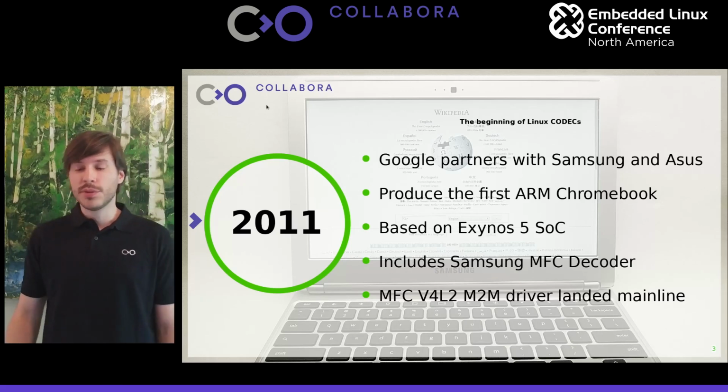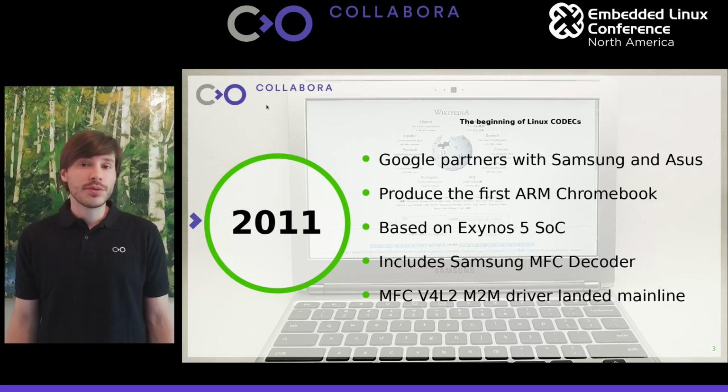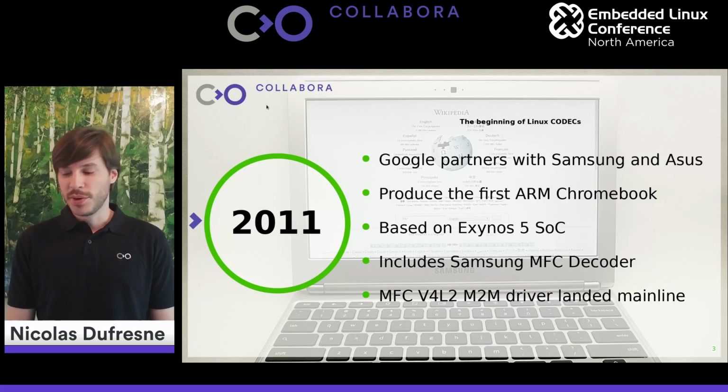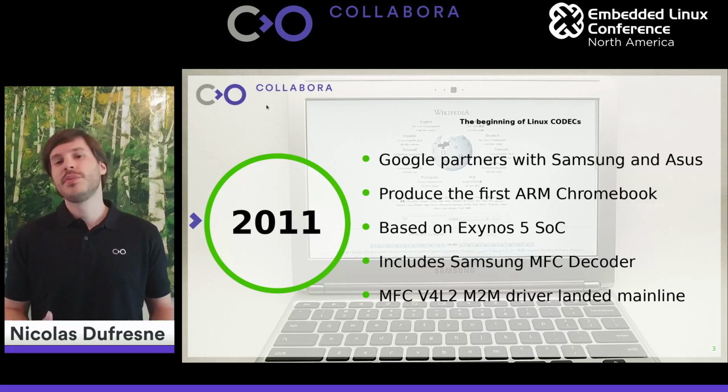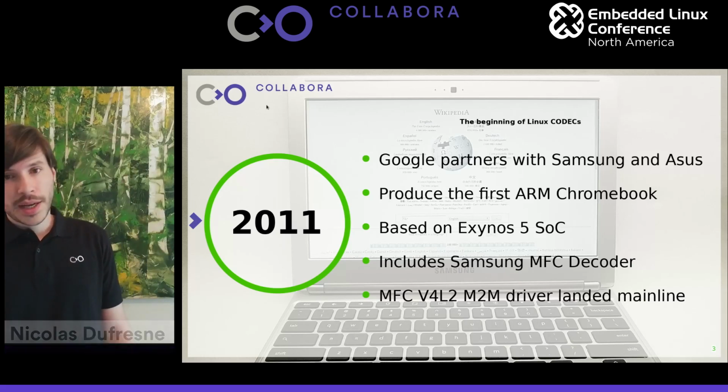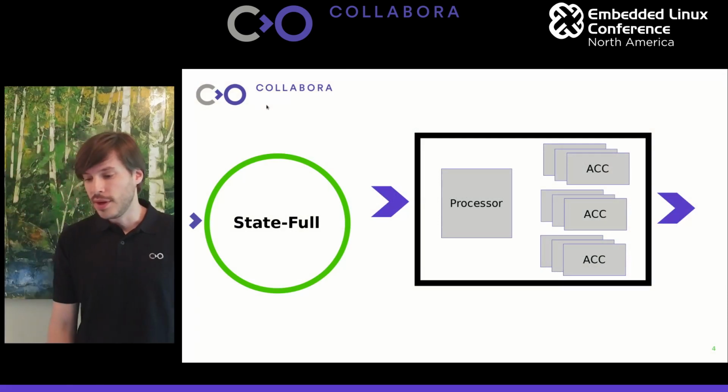So in 2011, Google partnered with Samsung and Asus and actually produced the first ARM Chromebook. This Chromebook was based on the Exynos 5 system on a chip, and it included a codec called the multifunction codec, the MFC decoder. And this was actually the first codec to be integrated into the mainline Linux. And this codec landed right on the launch of